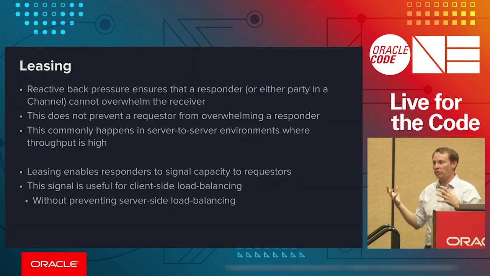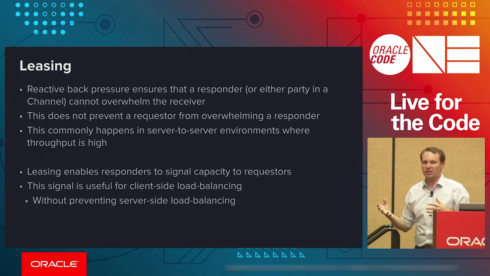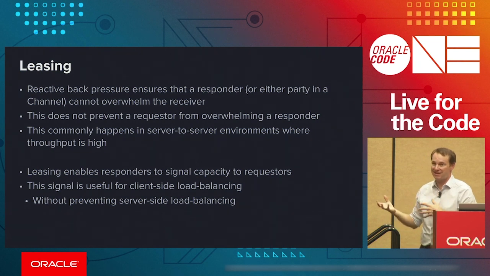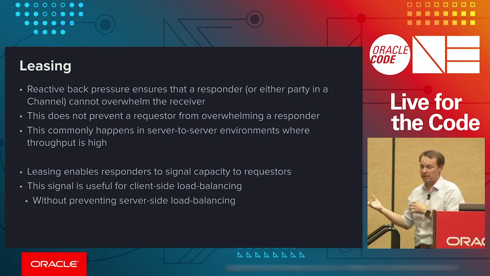Sort of the goal is stability in this particular case, not throughput, because what's worse than going slightly slower than you might otherwise do? An entire server falling over because it's been loaded up too much. We want to bake that into the protocol itself. And this is used generally for client-side load balancing.